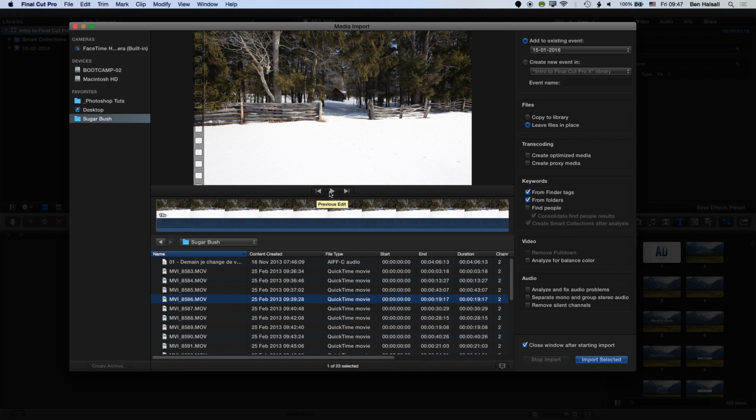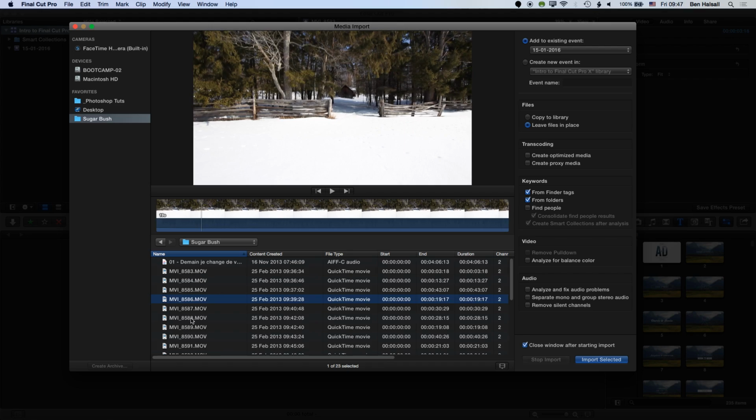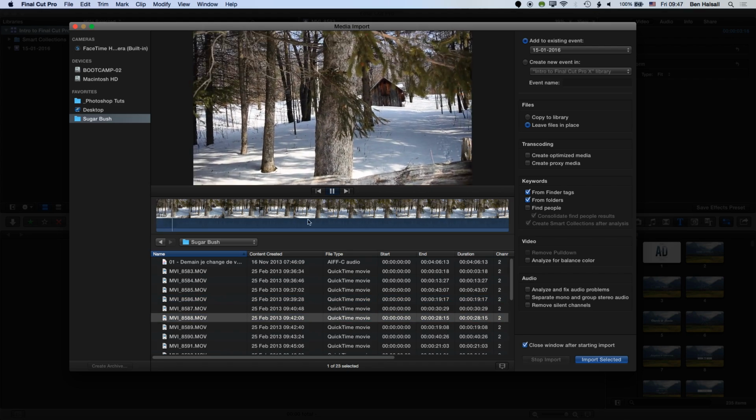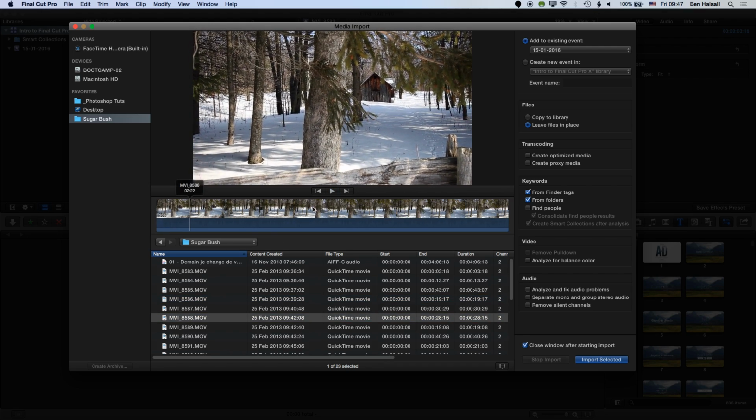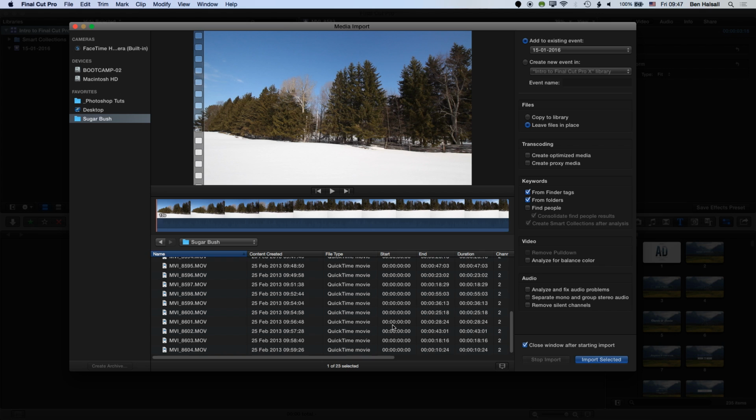We can preview it here, we can screen it within Final Cut Pro, and we can also mark in and out points to import. Okay, or we can select the whole clip and import that whole clip. Okay, if we now grab a few clips here, in fact we'll grab them all, we can import the selected files. We've got the options here again to copy files to our library, so you can make that decision here,